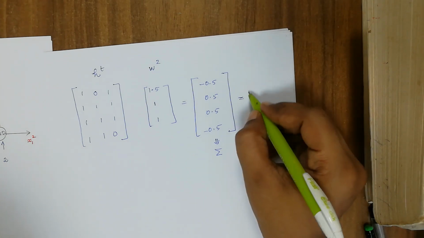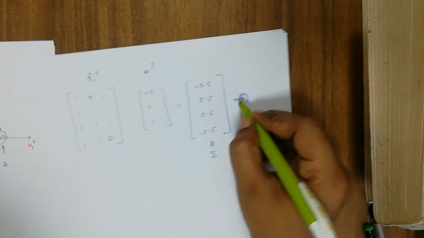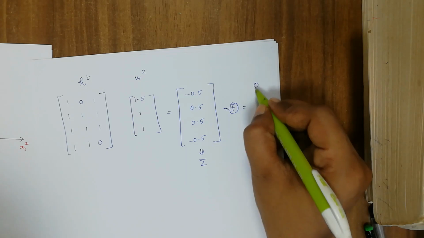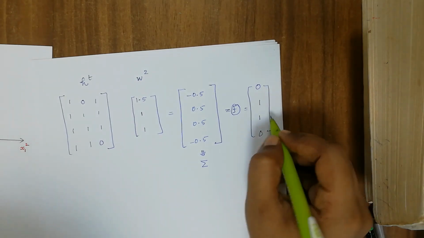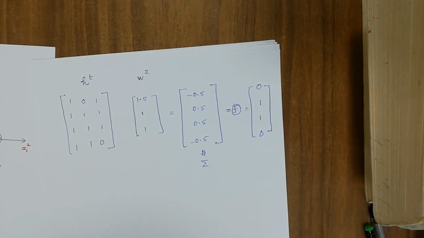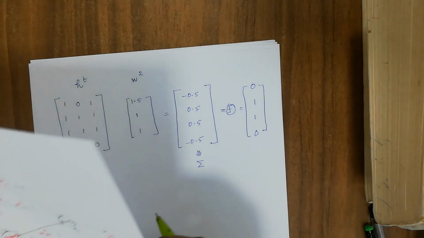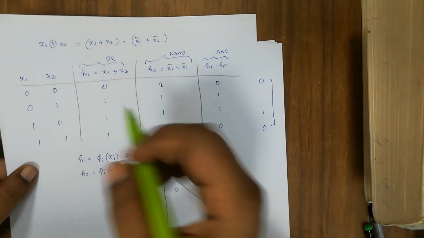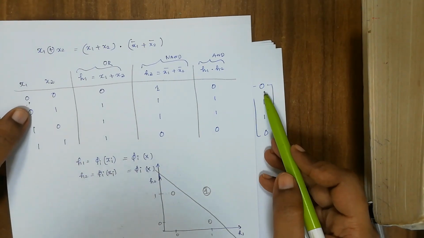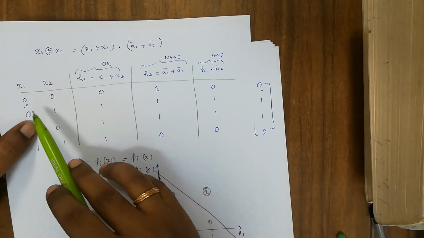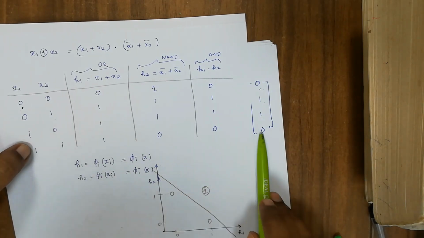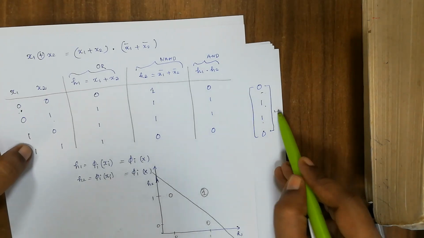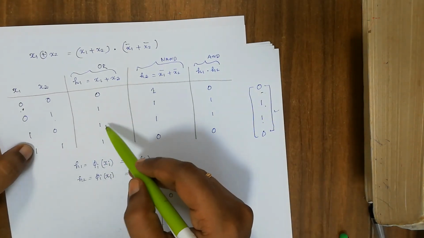Then after that, what we have to apply? A simple nonlinear step function. The output that we may get is 0 1 1 0. So this is the output that we may obtain when the input x value is 0 0. When we are giving the 0 0 value, the obtained output is 0, and when it is 0 1, the obtained output is 1, then 1 0 gives 1 and 1 1 gives 0. So the actual value is matched with the expected value.